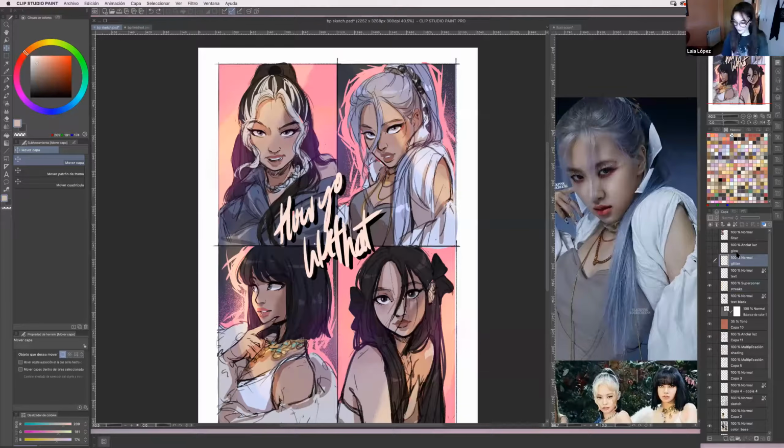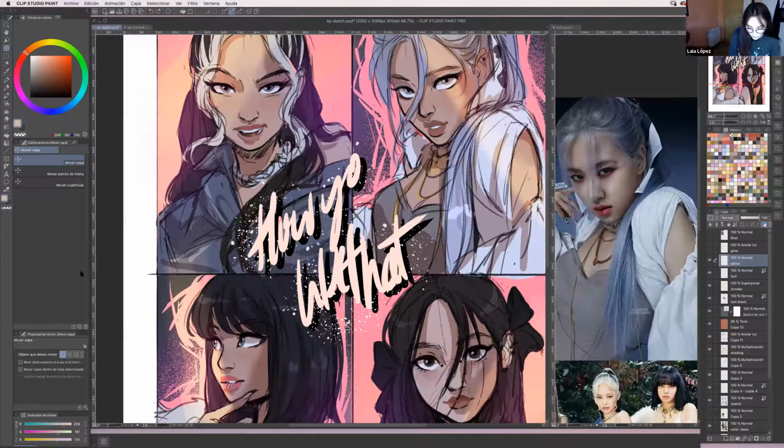And then I added some glitter, this glitter brush that I call it, that I also use for starry skies, when I'm drawing a sky and I want to draw the stars and I don't want to go one by one because that would be death. There's this brush as well here in Clip Studio. All of these brushes are here by default.